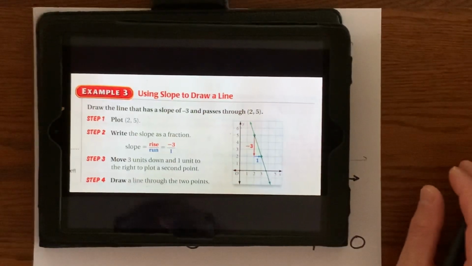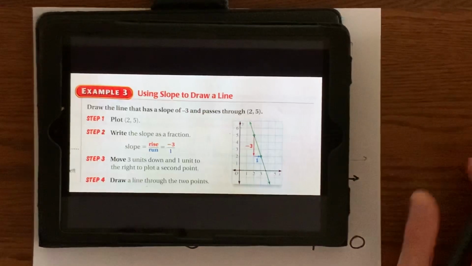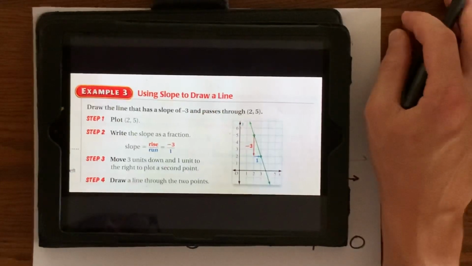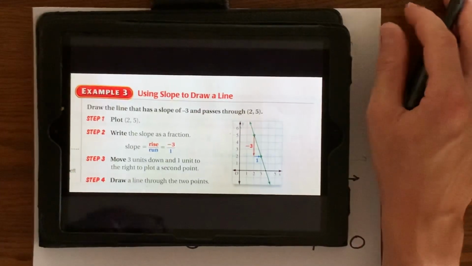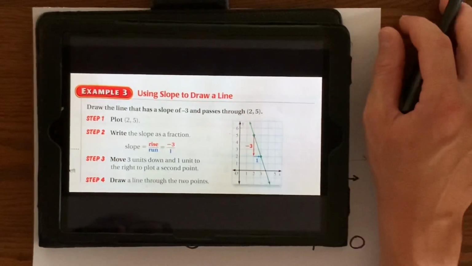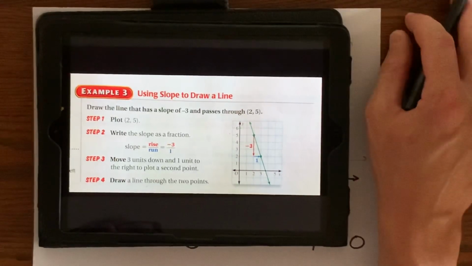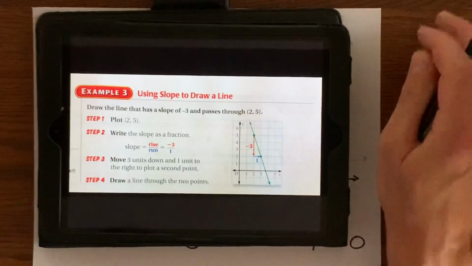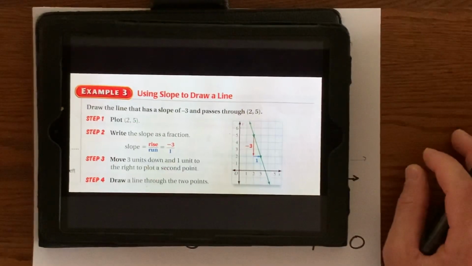Now, the last thing you have to do with the guided practice is number 3 and 4. In this case, you're going to draw the line that has a slope of 1/3 or 1 over 3 and passes through point 2, 5. And the fourth one is draw a line that has a slope of -4 and passes through -1,